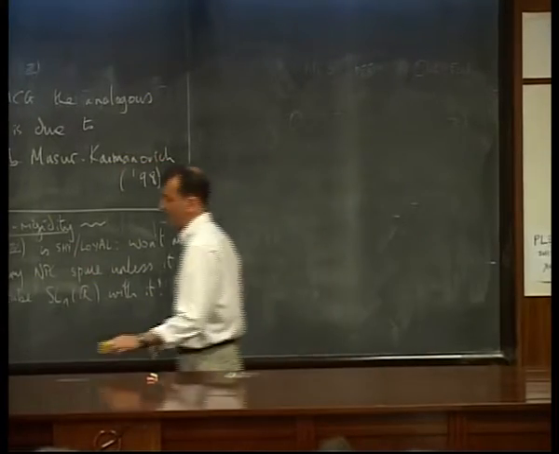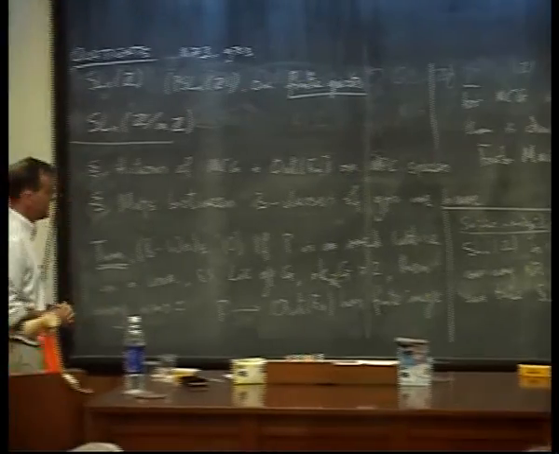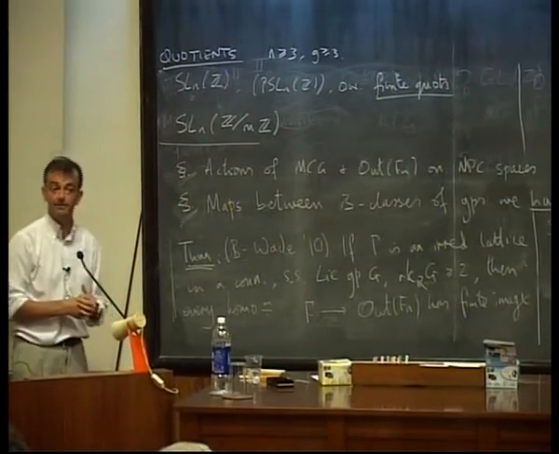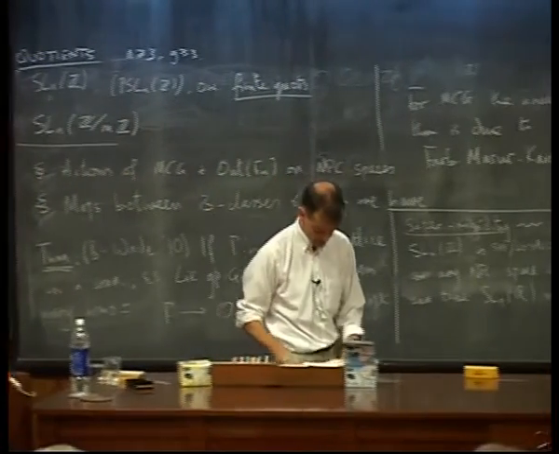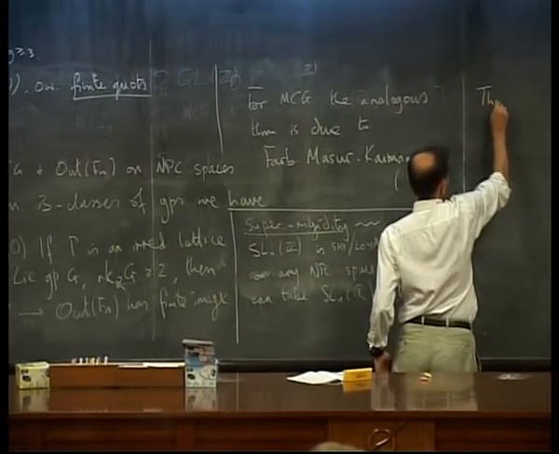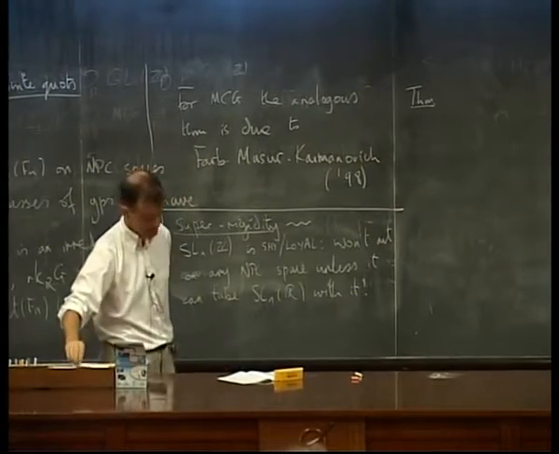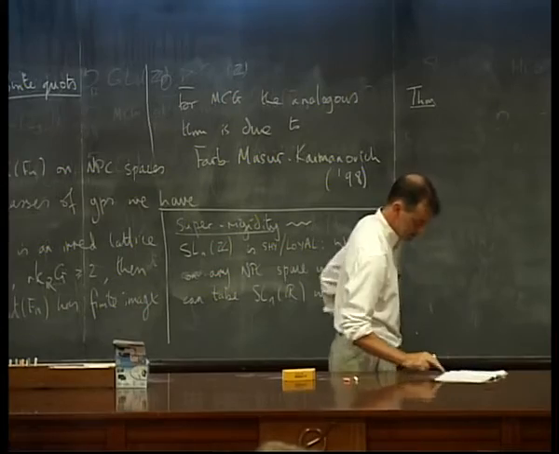Okay? On the other hand, you hope that at least these groups remember sort of where they came from. They should remember, for example, something about the geometry of the Teichmüller space or Out(Fn) or something. So you expect some echo of rigidity, but not all of it. So let me just state a couple of theorems that go in that direction. I'm not going to say anything about the proof, but this is really just to illustrate the extent to which I think it retains rigidity and the extent to which it loses it.